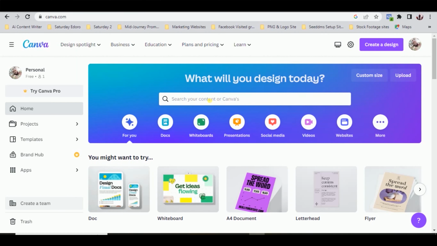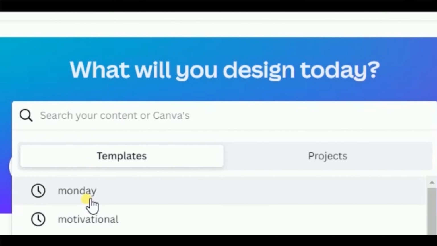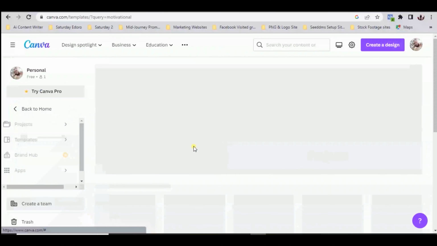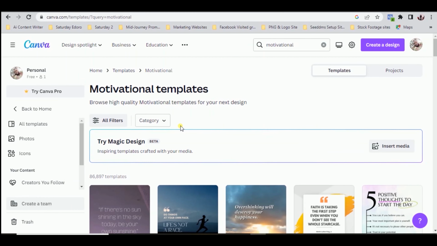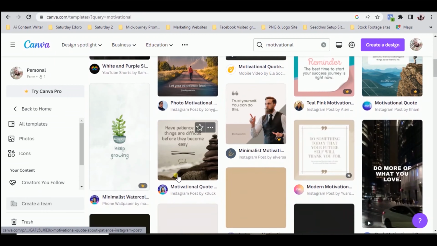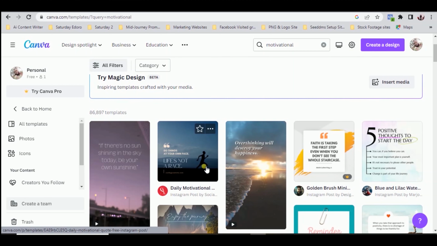Again, probably you want to do a particular design, and you want to make use of the template inside Canva. So in order for you to search for a particular template, you can come to this search bar and type the specific design you're looking for. For example, I'm just gonna take this motivational search. Then you will be presented with various design options. As you can see, these are design options you can use. So you can just select any design that you feel you need to use,